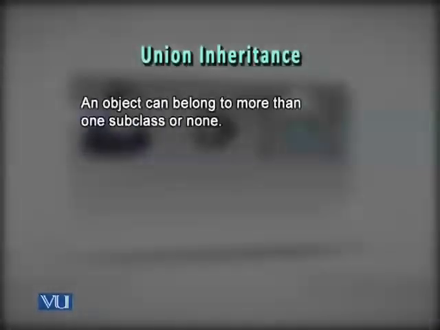Now, what you might have realized here is that there is a bit of wastage, in the sense that when we talk about a person being of type student and of type faculty as well, both are independent tables. So when we are entering the data in both of them, we'll have to duplicate the data that has been inherited from the superclass type. So obviously this is a drawback, but this is how it has been implemented, because this is a union inheritance. A person can be of more than one type.